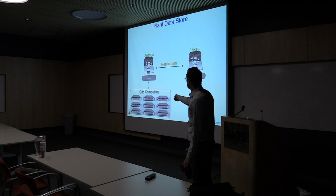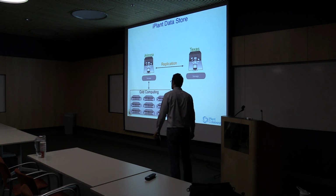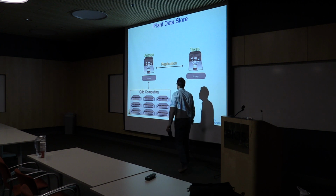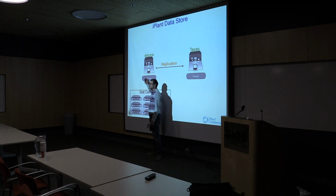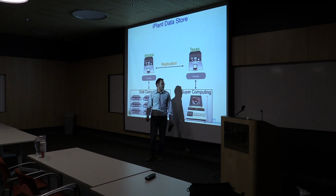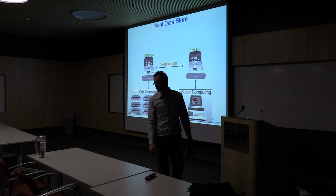What this means, with the underlying software system iRODS, is that if you decide to use your data and you're using iPlant's computing grids located here at the University of Arizona, your data located here is accessed. If you're hopping onto the supercomputers at the Texas Advanced Computing Center,